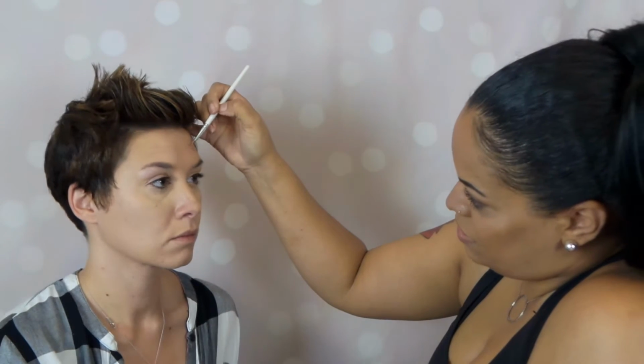Okay, now when we go for covering up the blemishes, we've already got foundation on there. So now I'm really just, and I also use this for a highlighter, so it's a little bit lighter than her skin tone. So I'm going to go over it with,